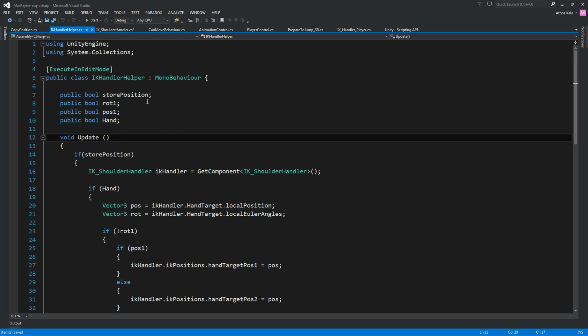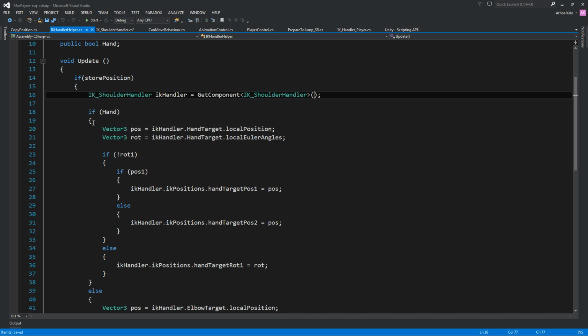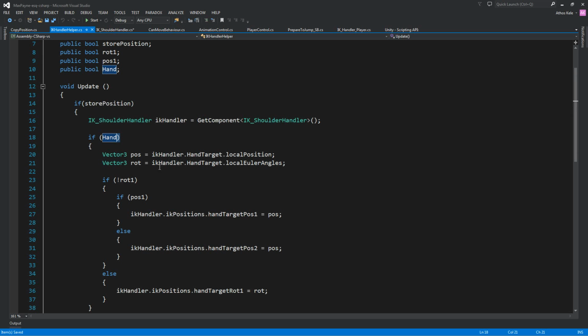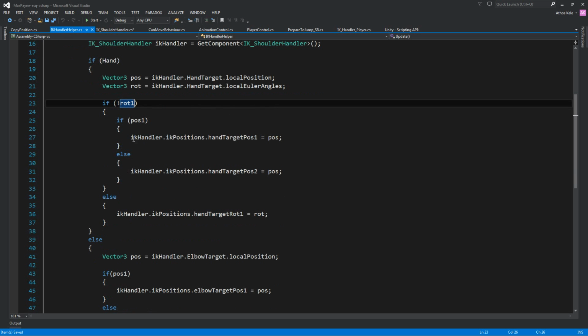Okay, so we have a few booleans, and we say if we want to store the position, get the IK handler. So we get the component IK, and if the boolean hunt is true, that means we want to save the hunt position. So we take the local position, we take the rotation, and if it's not a rotation, we do not want to save the rotation, and we want to save the first position,